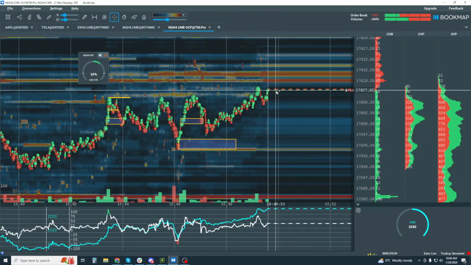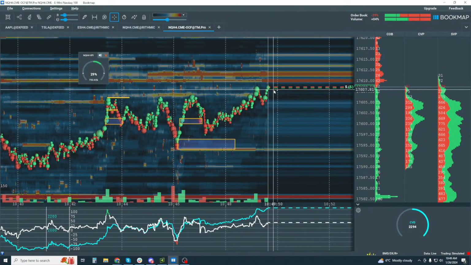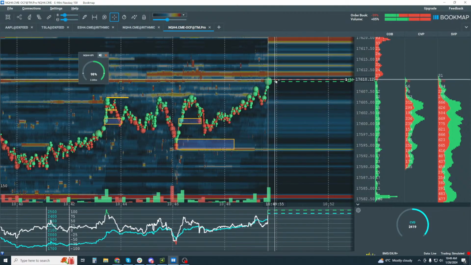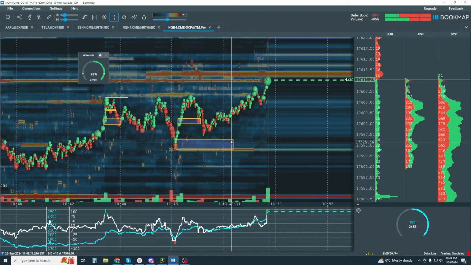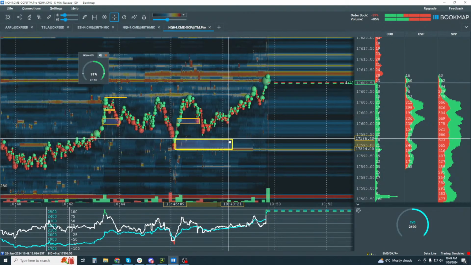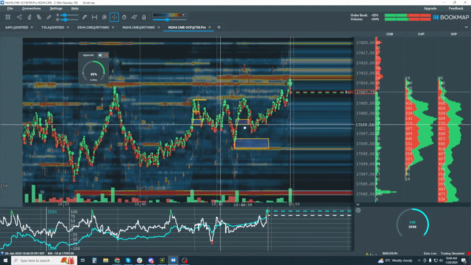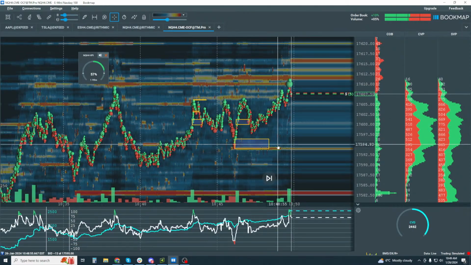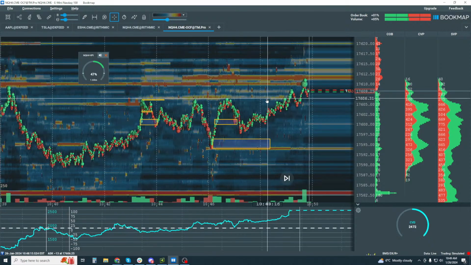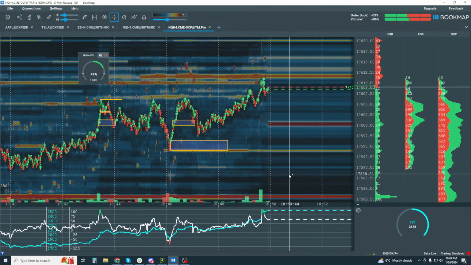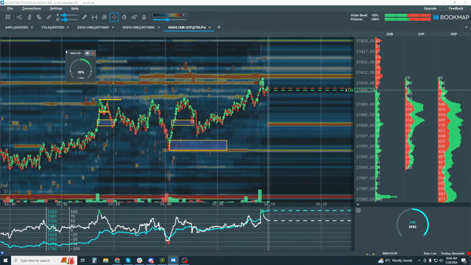All right, and enough buying still, so still looking for sellers to get out of the way, have the buyers hit up into this high liquidity up here. Okay, there we go. All right, now these are really simple concepts, and what's nice in the way that we can read this in the order flow in Bookmap is